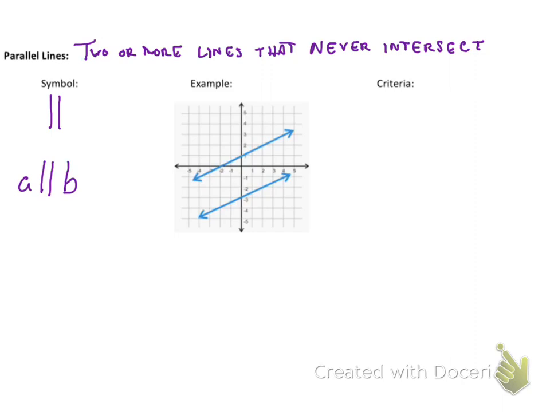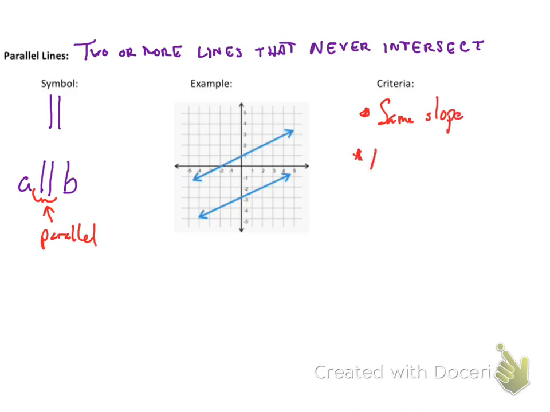This symbol right here, that means parallel. Okay, and so in that picture there, you see an example of two lines that are parallel. You'll see they're going on and on and on forever, and they're never going to touch. And that is because the criteria, so like what makes two lines parallel, well, there's two things. They have to have the same slope,